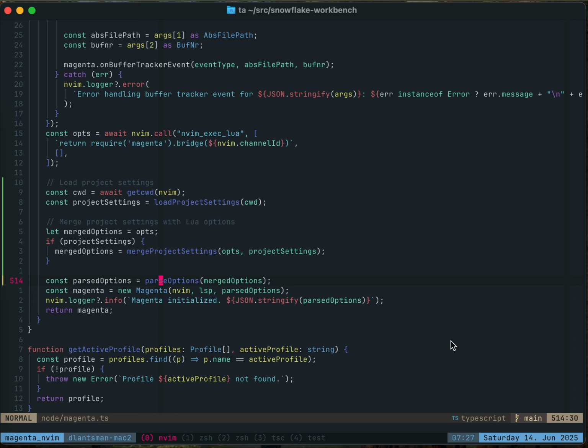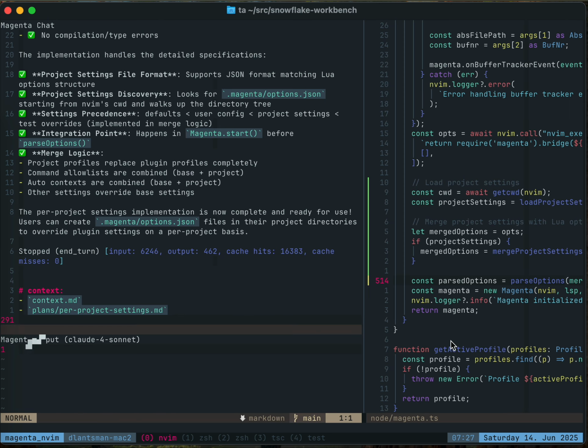How much do I like it merging them while they're unknown before parsing them? I almost want to create a parse partial options, or yeah, let's do that. I mean, this is the sort of stuff that LLMs are really good at, so I'm going to